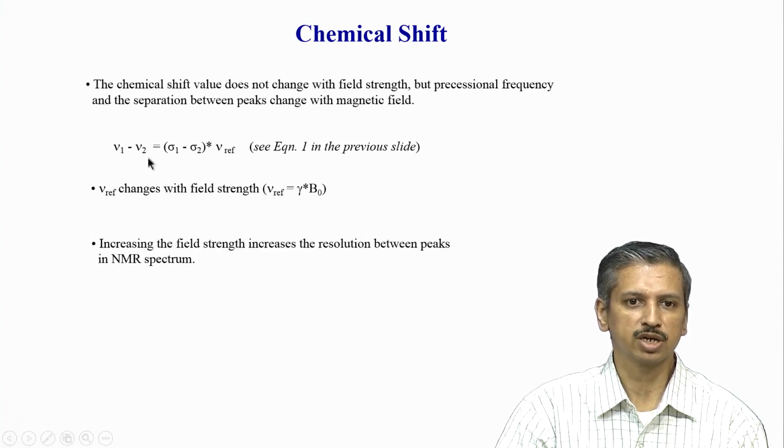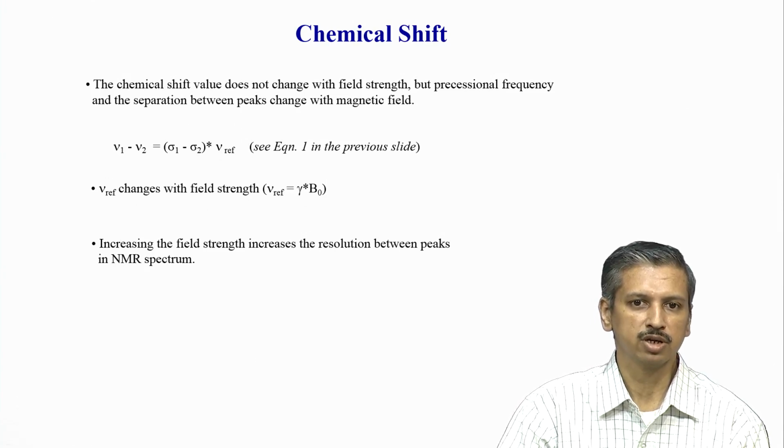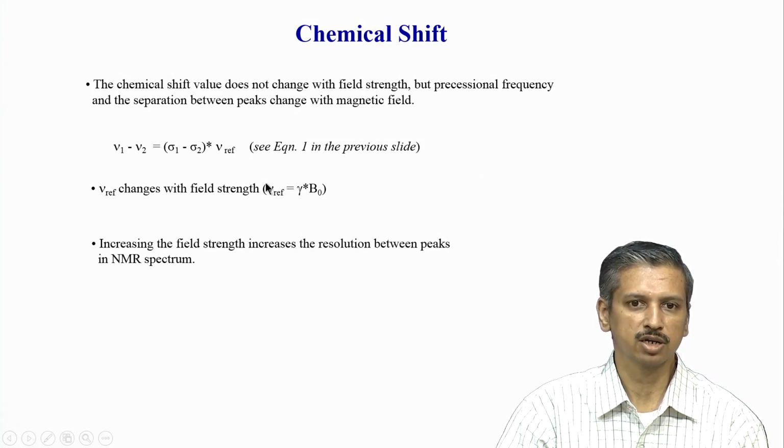So this is what is basically shown here, because of this term mu ref, which came from the previous equation or previous slide. Mu ref changes with field strength, that mu ref is nothing but this term, and it depends on your B 0. If your 500 megahertz has one B 0, 800 megahertz will have a higher B 0. So the reference frequency definitely changes with spectrometer. Therefore, when you calculate in the Hertz scale it changes, but what does not change is the difference in the ppm scale.